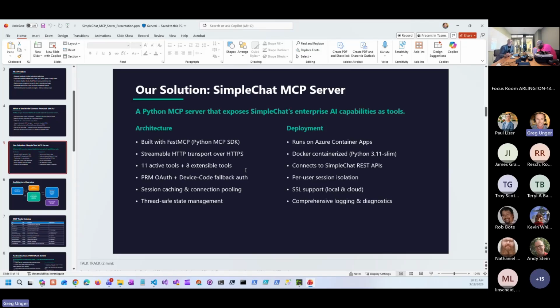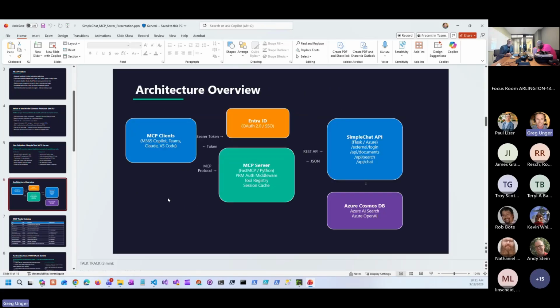My solution basically shows an MCP server, which is its own little application or API interface. I'm going to show you it running in Azure Container Apps. My end instance of Simple Chat that it interacts with also is running inside of a container inside of Azure Container Apps. Just sort of the overall ecosystem, the landscape topology here. This is what it looks like. We're using Entra ID. Choose your own MCP client. I'm running the MCP server, which is custom code written in Python. It's interacting with the Simple Chat API on the back end, which is then connected to Cosmos DB.